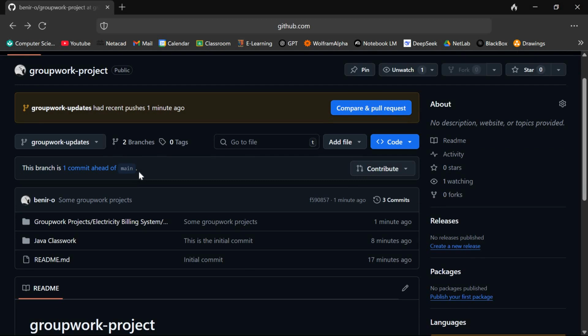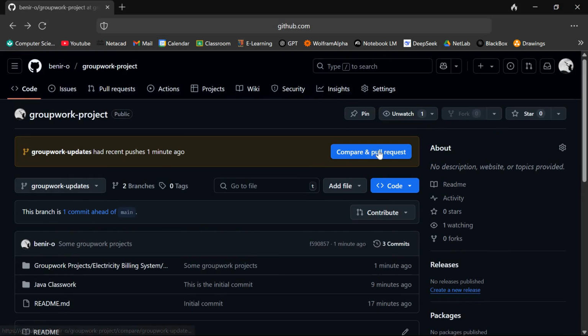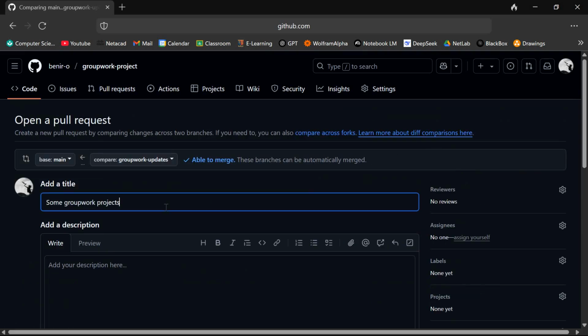Now that we have pushed our branch to GitHub, you can see GitHub verifies me and tells me that this branch group work updates is one commit ahead of main. This means we have added something that we have not added to main. So how are we going to update our main branch so that everything can be the same again? So now we go to pull requests. So up here there's a button in the orange UI. So we'll click on this compare and pull request